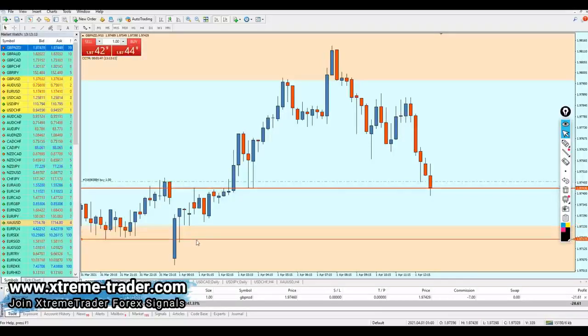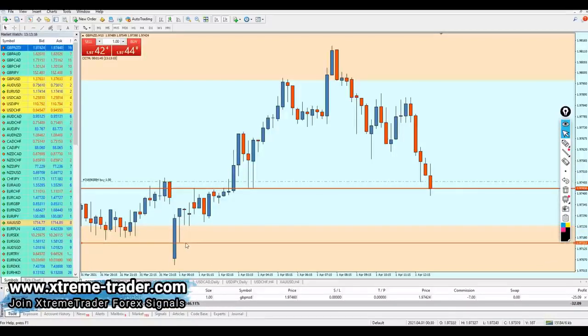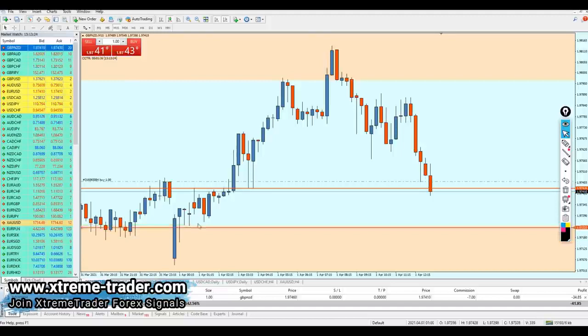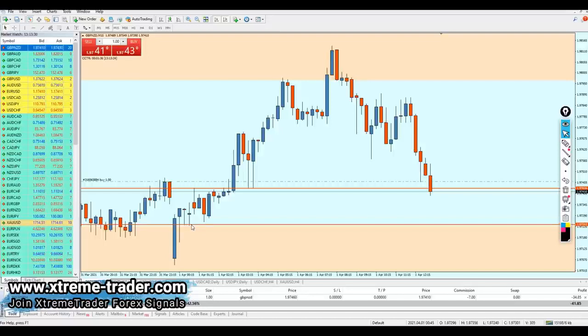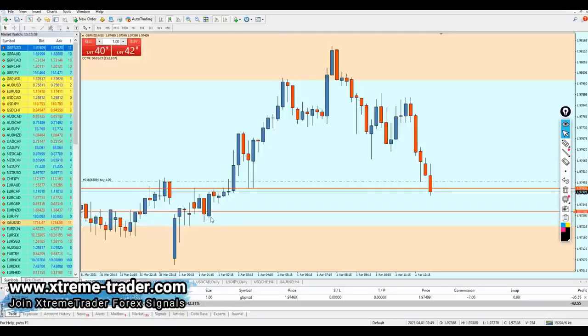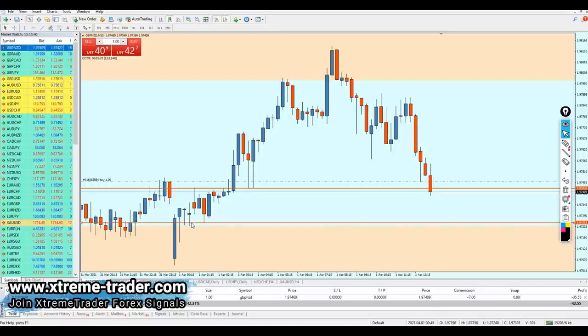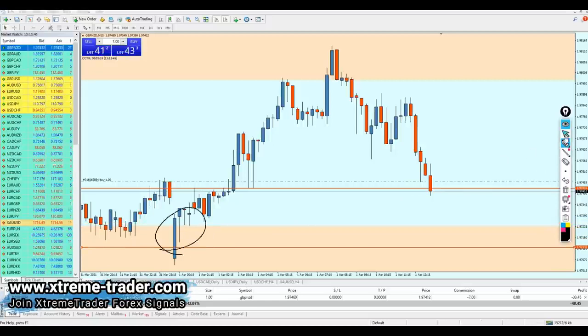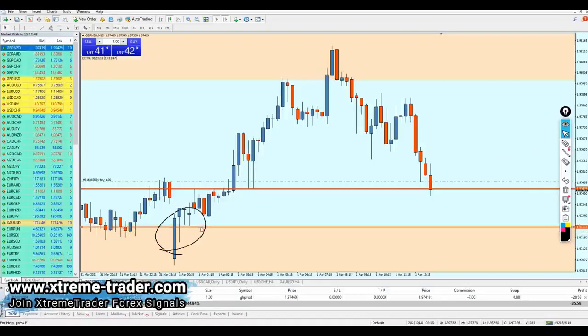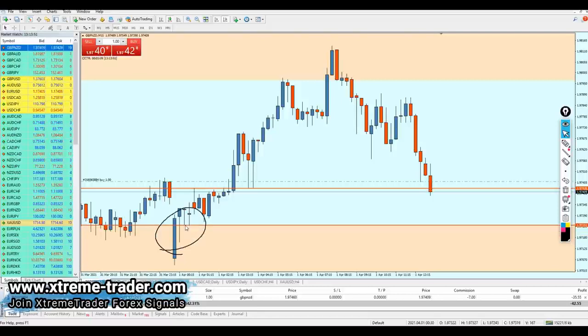Now, as I told you, the perfect way to draw our support line is not going to be here at the lowest level of the candle or the tail. It has to be in a way that the line is touching all three tails. Perfect, like that. Let me make it more simple: draw your support line so that the horizontal line is touching the shortest wick of the pattern. So this is the pattern right here, and the support line should be touching the shortest one among them, and voila, like that, perfectly fine.